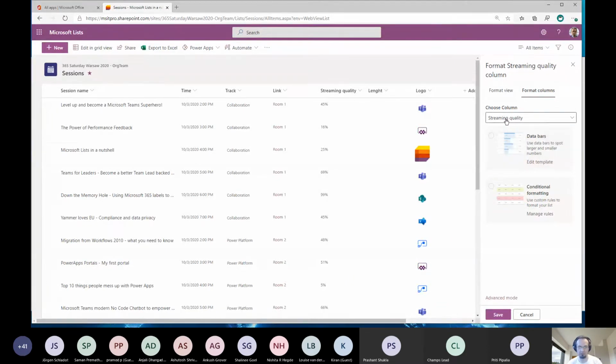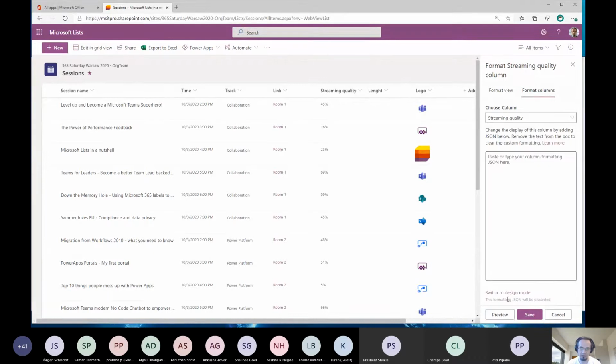But if you have more complicated requirements and you want to format items with more advanced features, you can click advanced mode at the right bottom of the page, and we get the JSON window for JSON formatting.